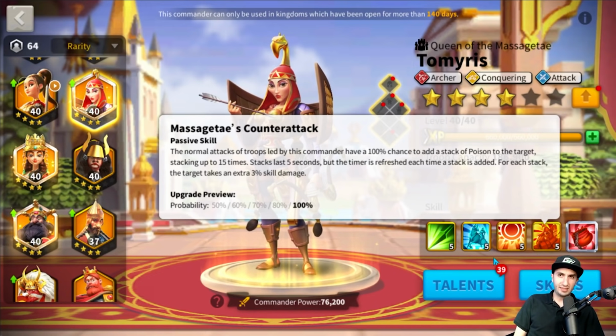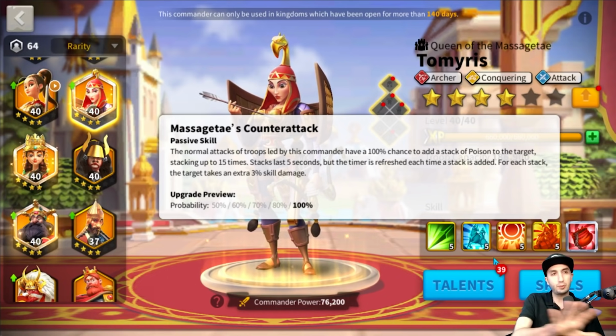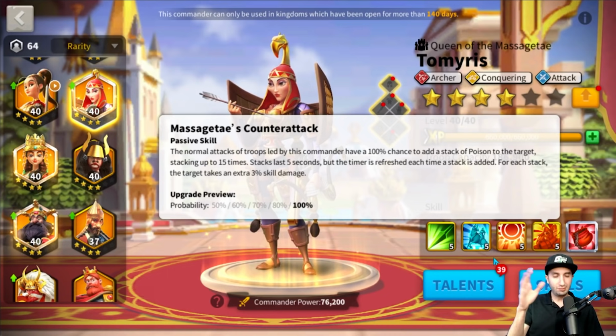But normal attacks of troops led by this commander have a 100% chance to add a stack of poison. It stacks up to 15 times. Okay? And for each stack, it takes an extra 3% skill damage. And that's not 3% skill damage from her. That's 3% skill damage, period. So if there's a swarm of